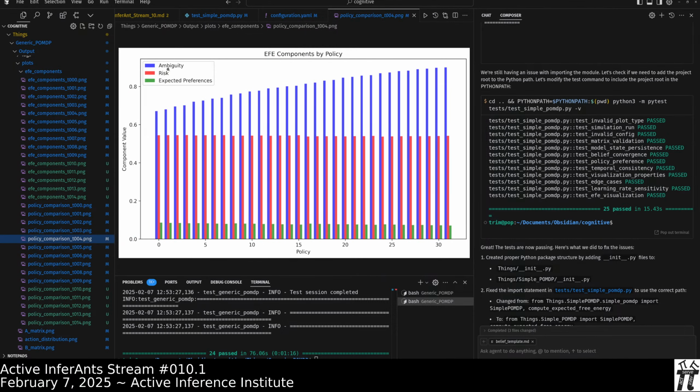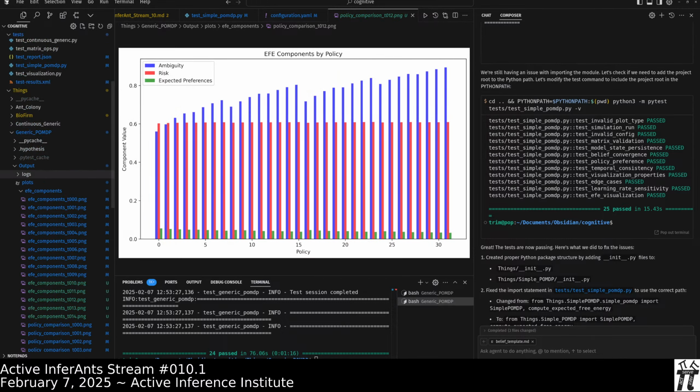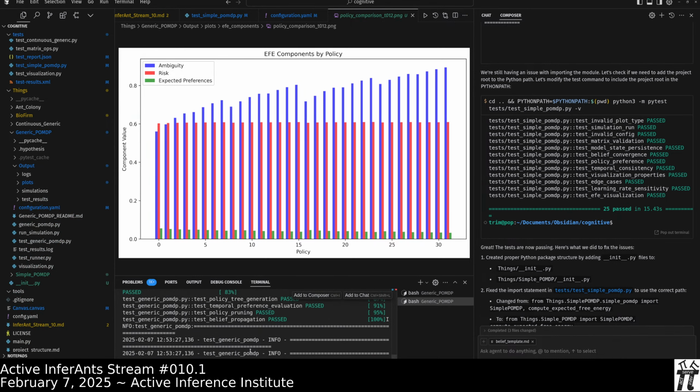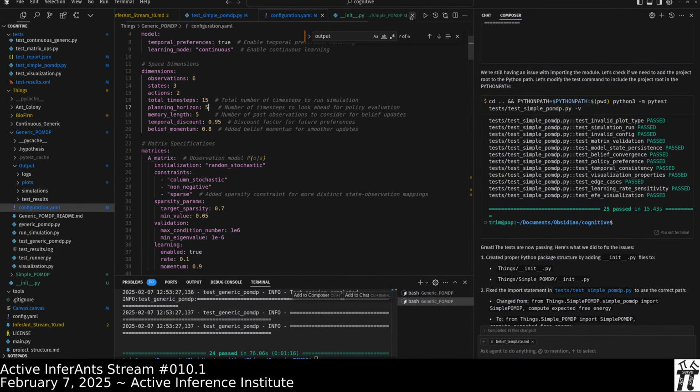And as kind of expected, the ambiguity rises, at least in how this is visualized. So that took 76 seconds for running this testing suite that ran an informative sequence of events that began with just testing whether the machinery was in order,